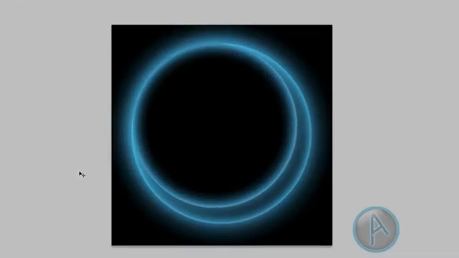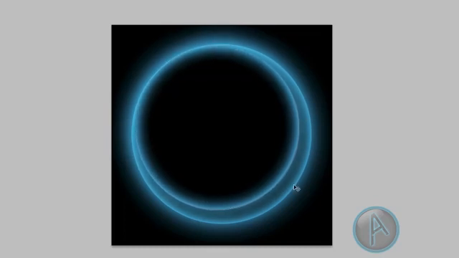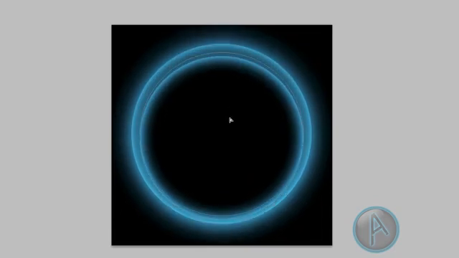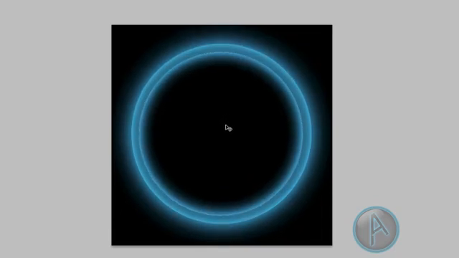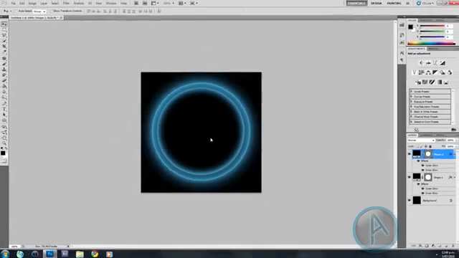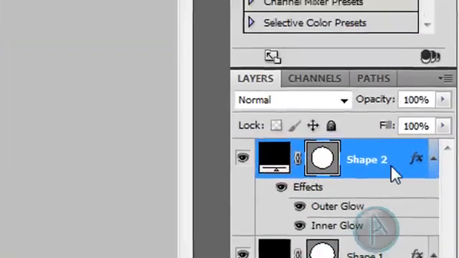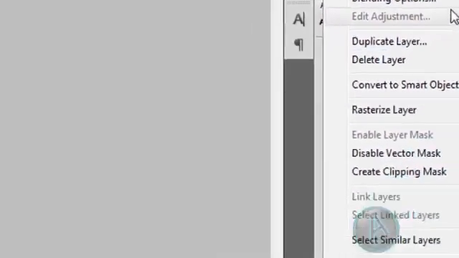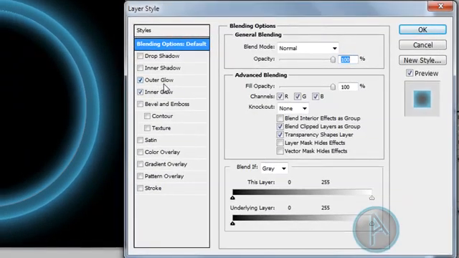Then we're going to select our move tool, and we're going to move this so it's about the same distance between this circle and the other circle. I'm just using my arrow keys to move this, by the way. I might make that a little bit smaller too. So when we have that, we're just going to right click shape 2, and then we're going to select blending options. Then we're going to click on outer glow,